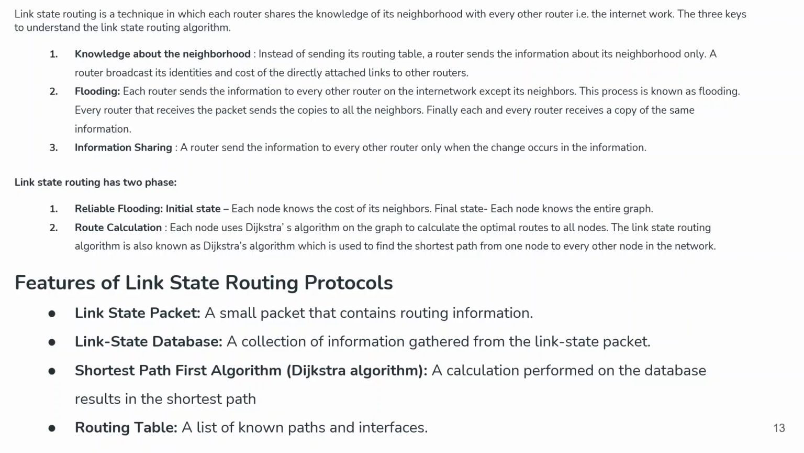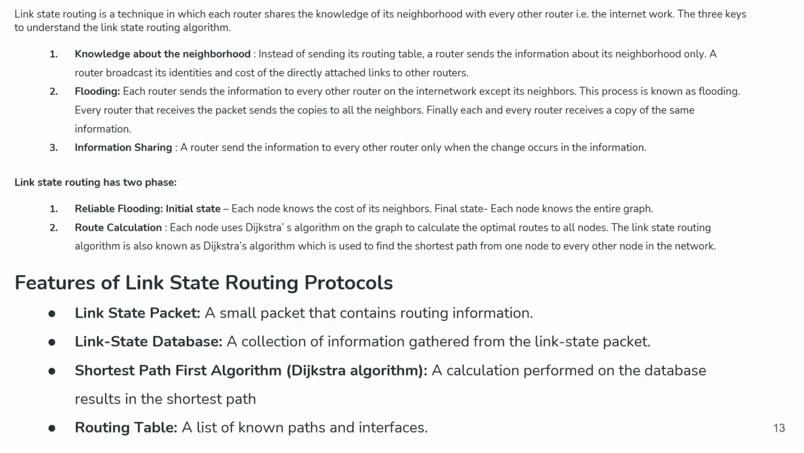So what are the features of link state routing protocol? First one is a link state packet, that is a small packet that contains routing information. Then link state database, a collection of information gathered from the link state packet. Then shortest path first algorithm, that is Dijkstra's algorithm, that is a calculation performed on the database and results in the